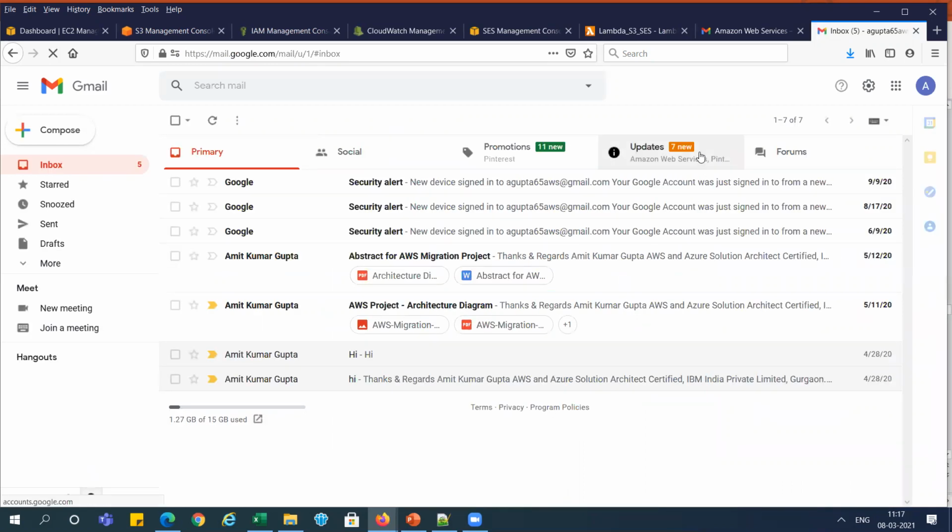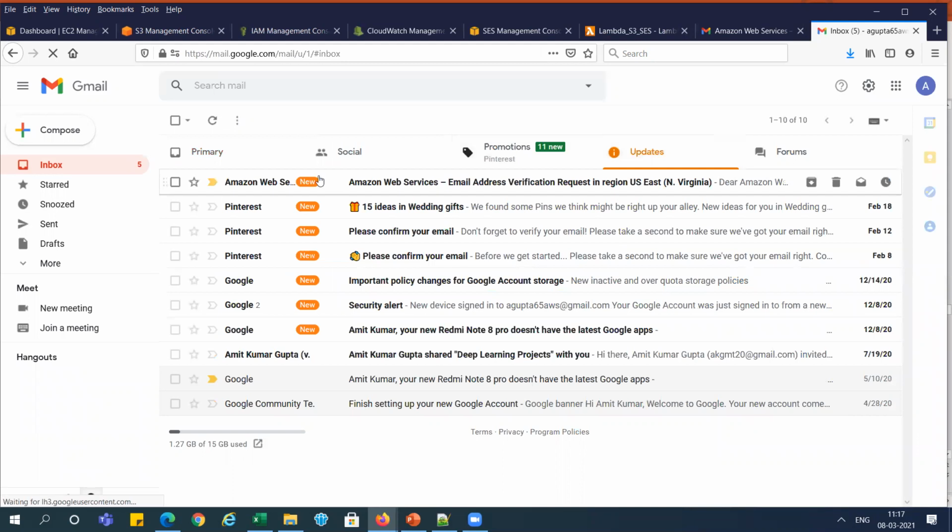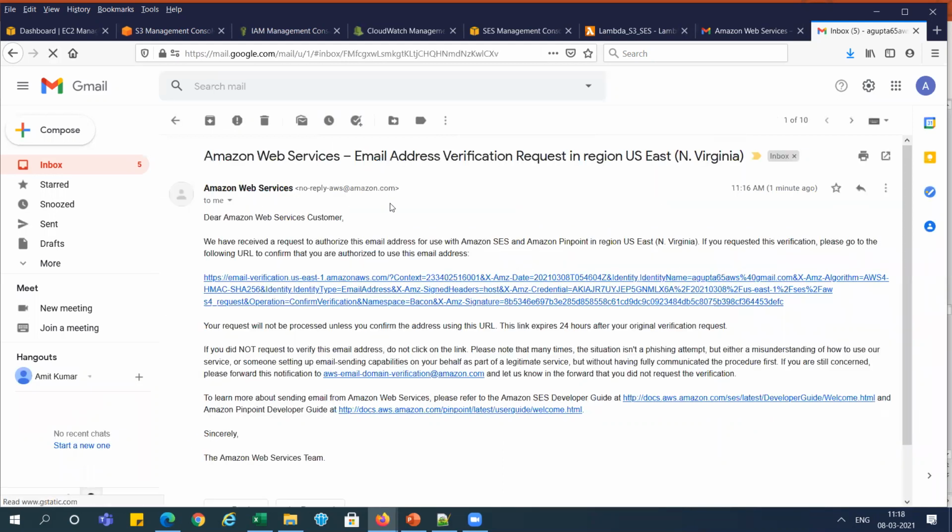You can see here, we have got the email here, right? The same message. I'm opening it, and we got that mail. Let's go and verify this one also.